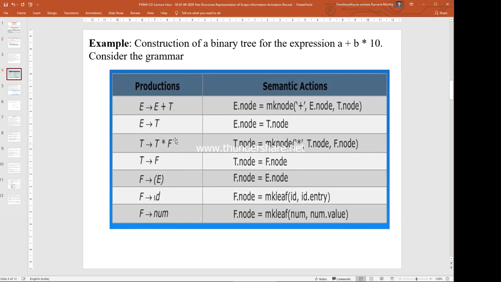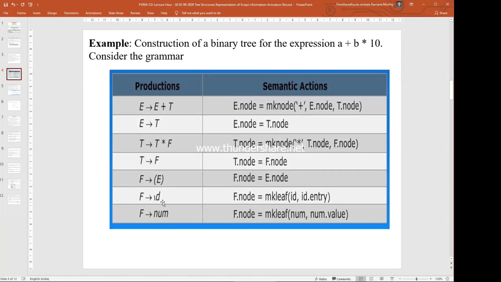We can create this also using a semantic action: T dot node equals make node, with arguments the operator and two links. Similarly, F derives a parenthesized E is a direct assignment, so F dot node is equal to E dot node.